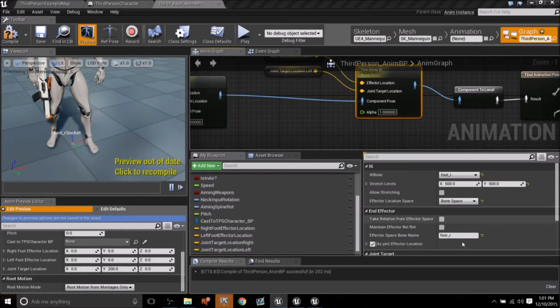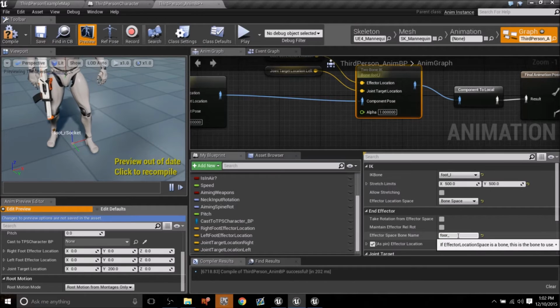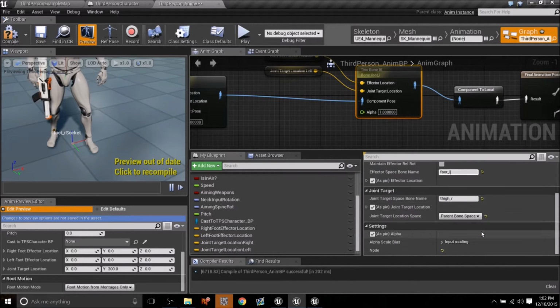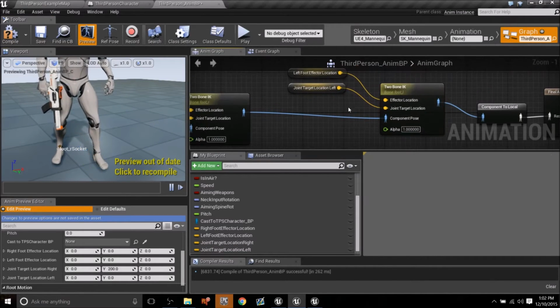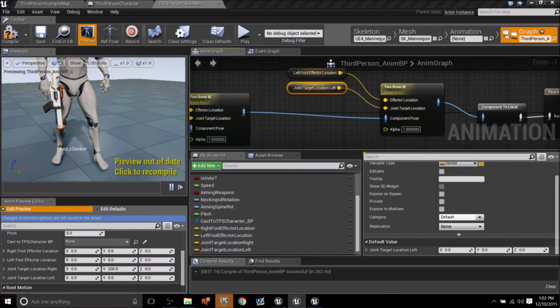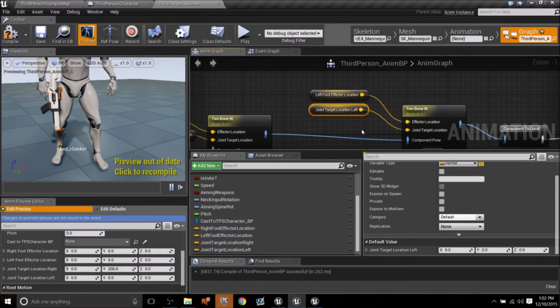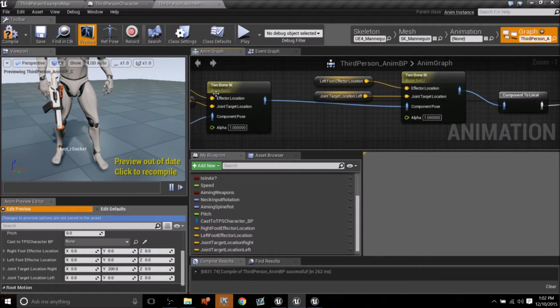Our effector bone name is not foot right, but foot left, and same thing with our joint target, which will be thigh left. So let's compile that. And if we look at our joint target, it still has the same value as our right. So now,